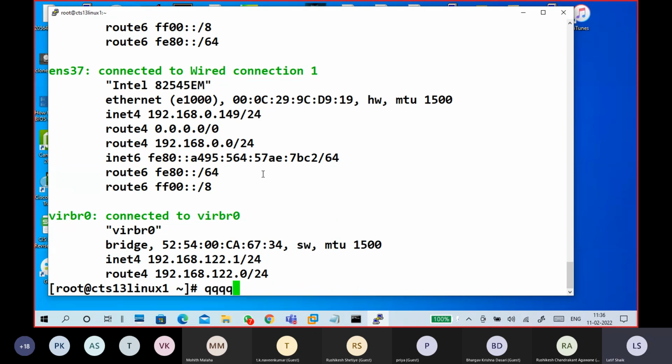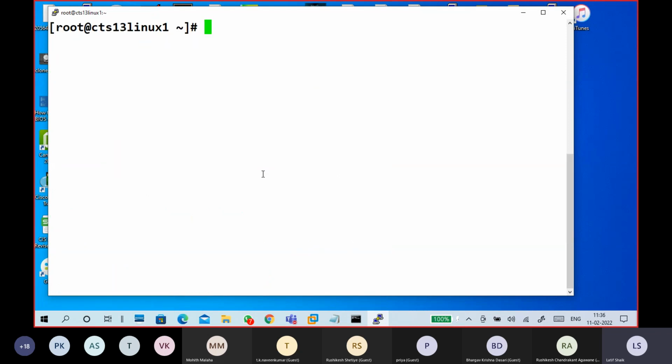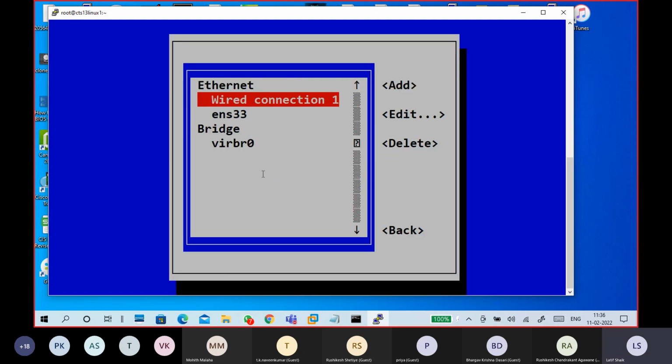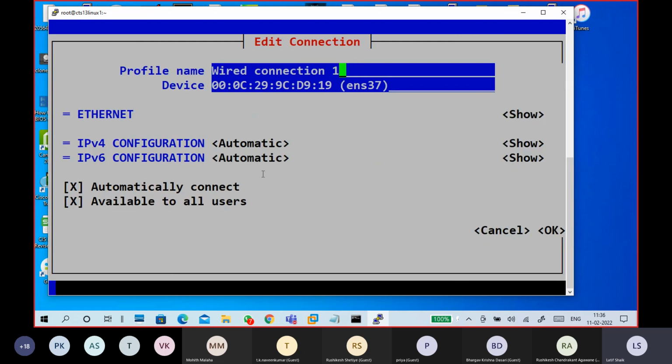Again, guys, how to change? How to put a static IP address using nmtui? So last one, nmtui. I want to put a static IP. Edit connection. Edit. So go to IPv4, automatic.